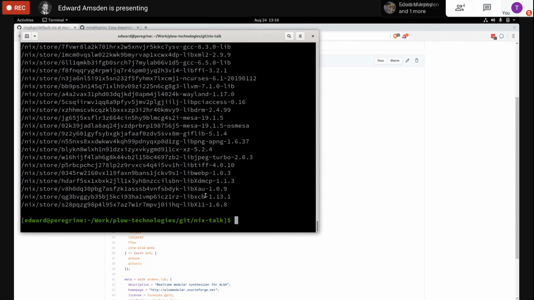So Nix does automatic discrimination between what's just a build dependency, what it needs to build and have available when you're building something, and what needs to be kept around afterwards. This is really nice when you're using Nix to build software, because you can just take your build result and copy it and be fairly certain that you're not bringing any build-time-only dependencies along with it. The only time I've had that not work perfectly is in some of the cross-compiling stuff we do at Plow,